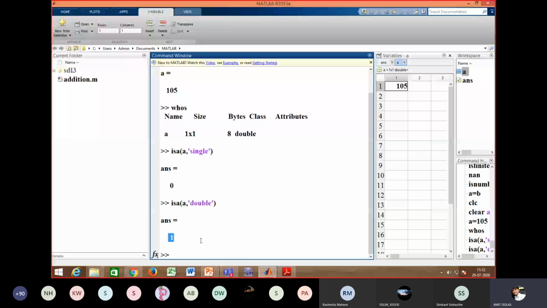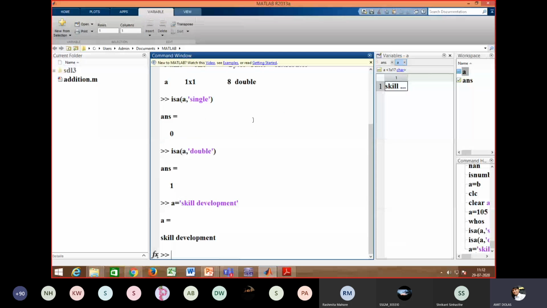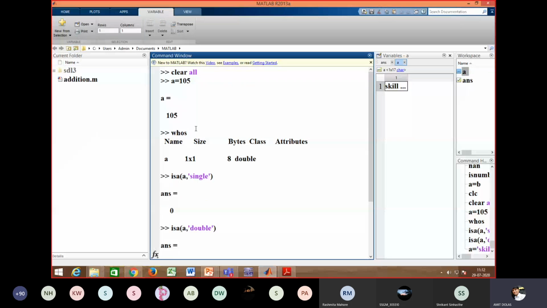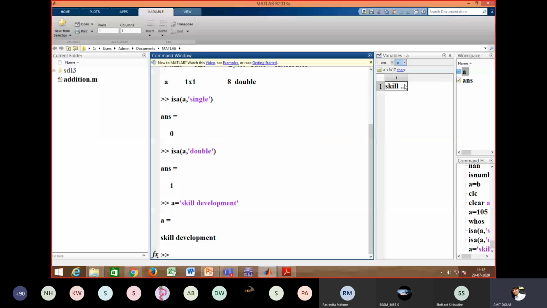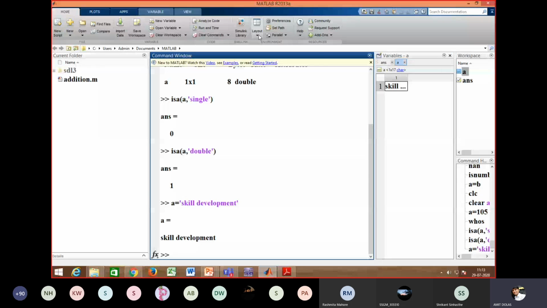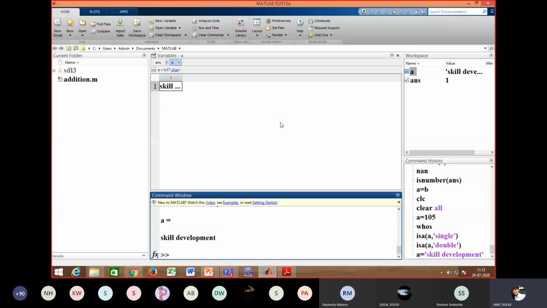So I open MATLAB. Here I'll write a is equal to, in single quotes, skill development. Quote complete. I entered. Now the previous value of a is replaced by skill development. You can see here. Let me change the layout.